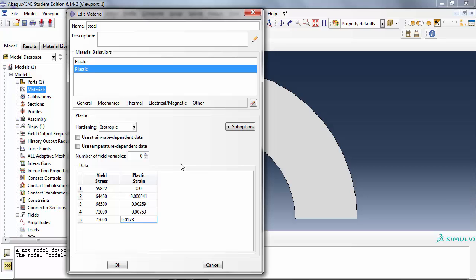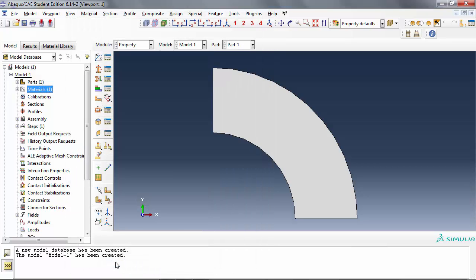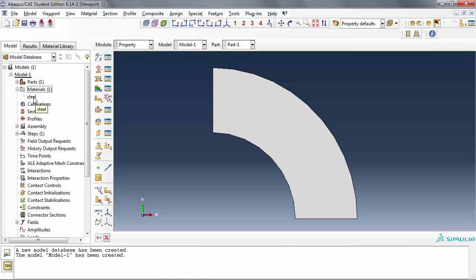So these are some stress strain data that I've tabulated. Of course, when you have a stress strain data, you don't want to give 1,000 data points in here. You want to break it into critical locations and give it a few data points like what you have here. Okay. In case you want to take a look at this thing,